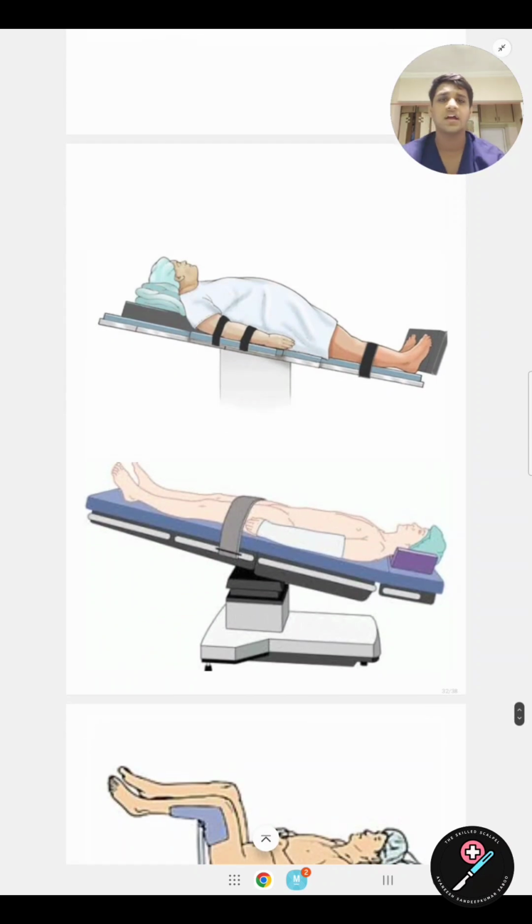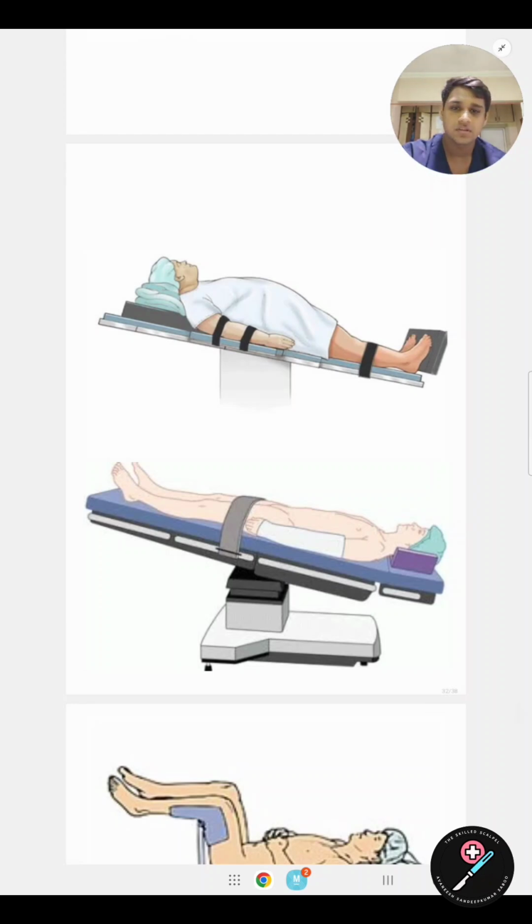The position with the head end up and the foot end down is the reverse Trendelenburg position. It is used for surgeries such as laparoscopic sleeve gastrectomy and lap cholecystectomy. In lap cholecystectomy, the right end of the patient is up for easily accessing the gallbladder. It is mainly used for upper abdominal procedures as the bowel falls down. And in the lap chole procedure, we have to access the gallbladder, which is towards the right side